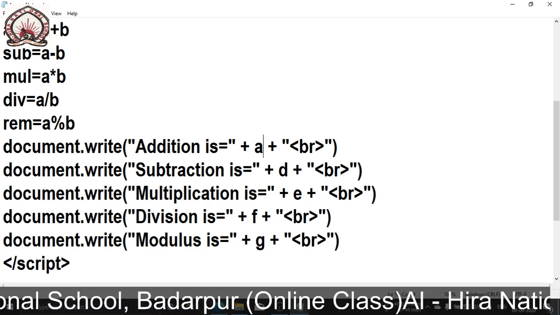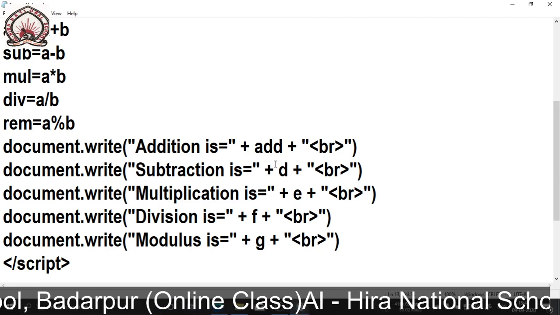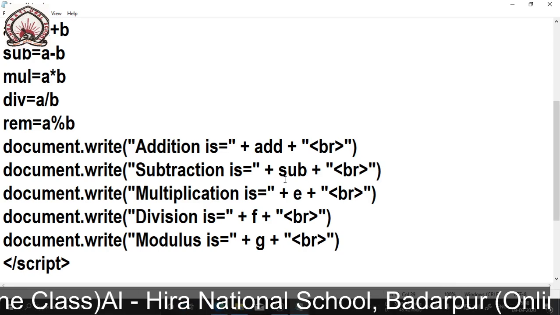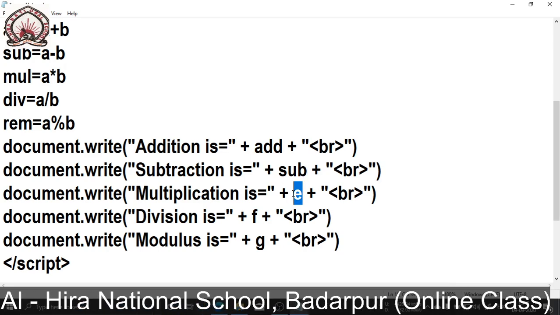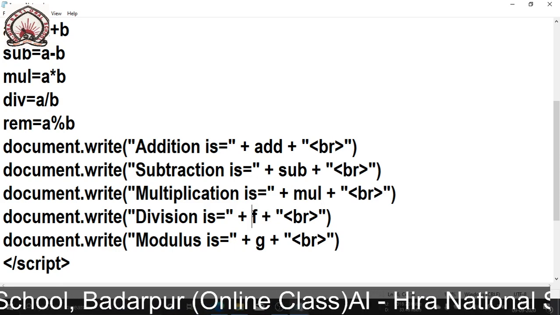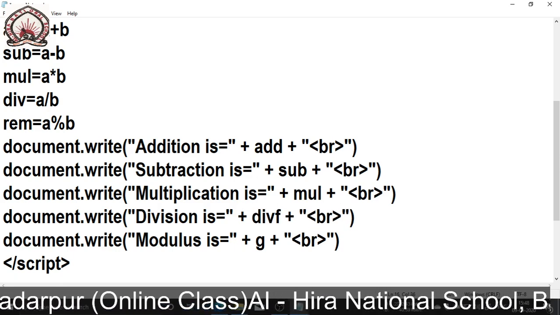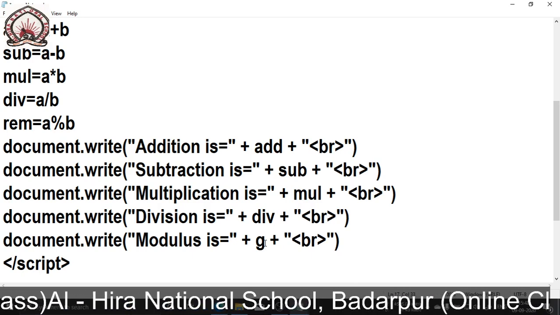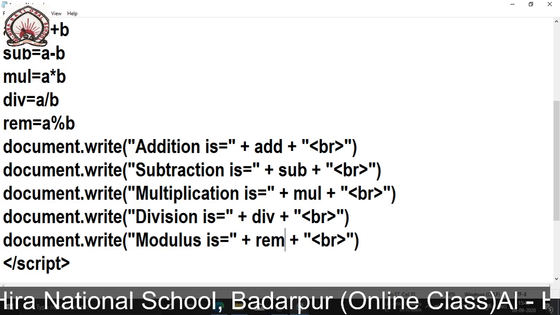The result will come from ADD, subtraction result from SUB, multiplication result from MUL, division result from DIV, and modulus from REM.